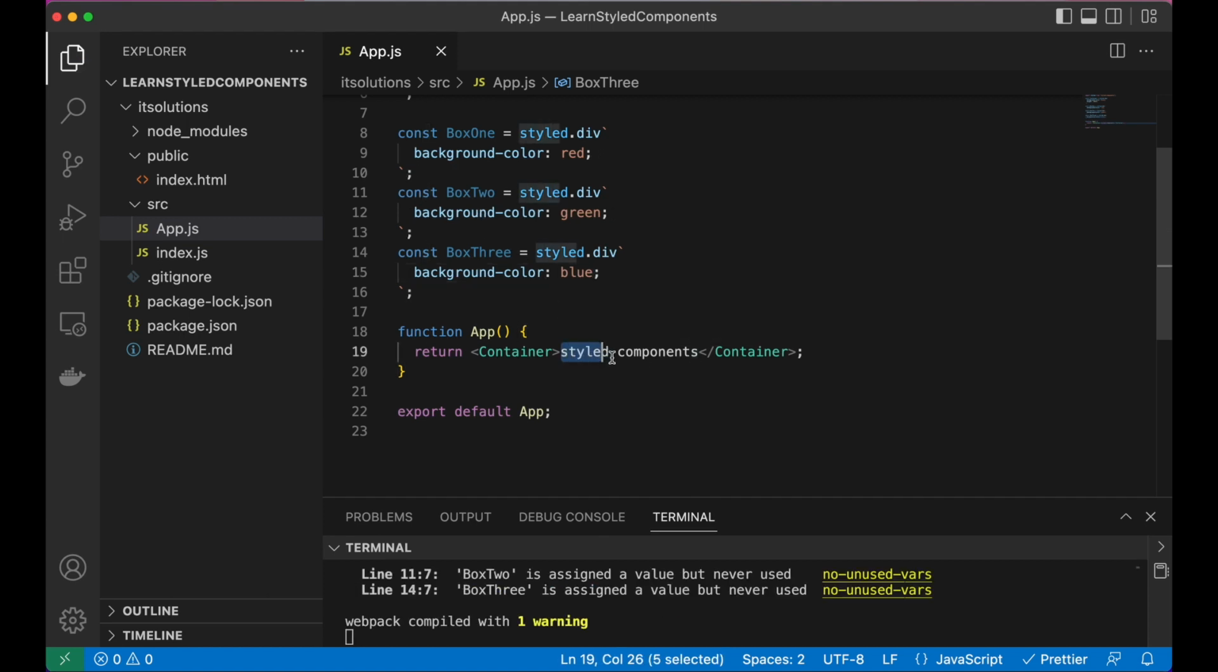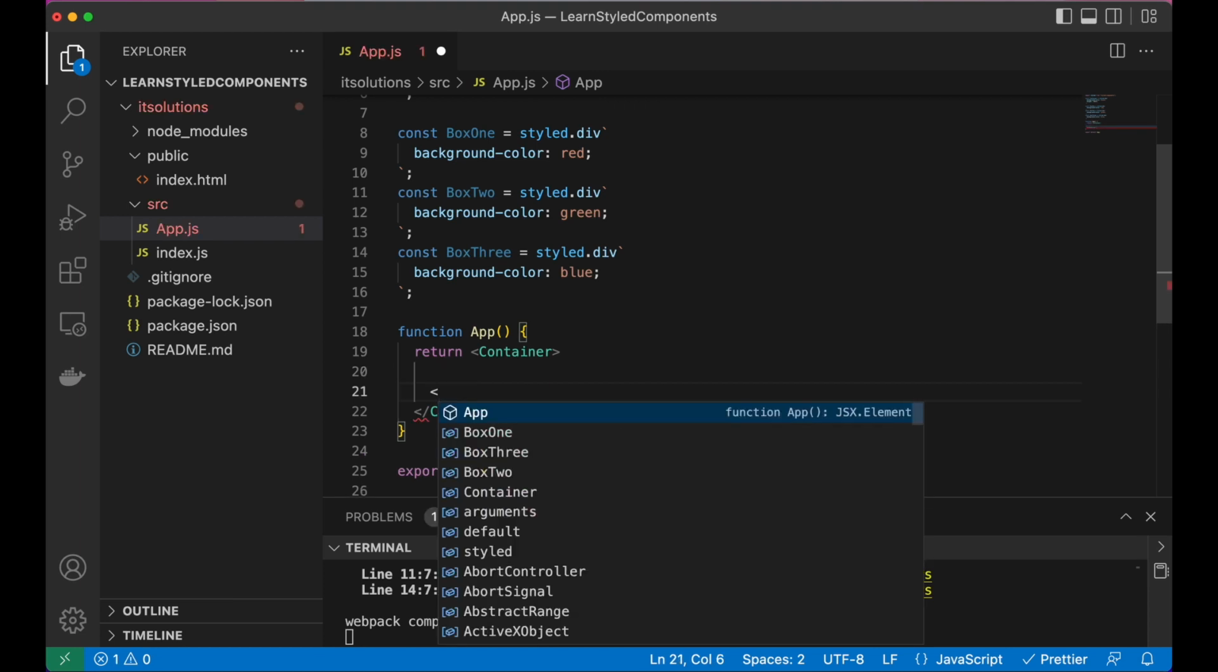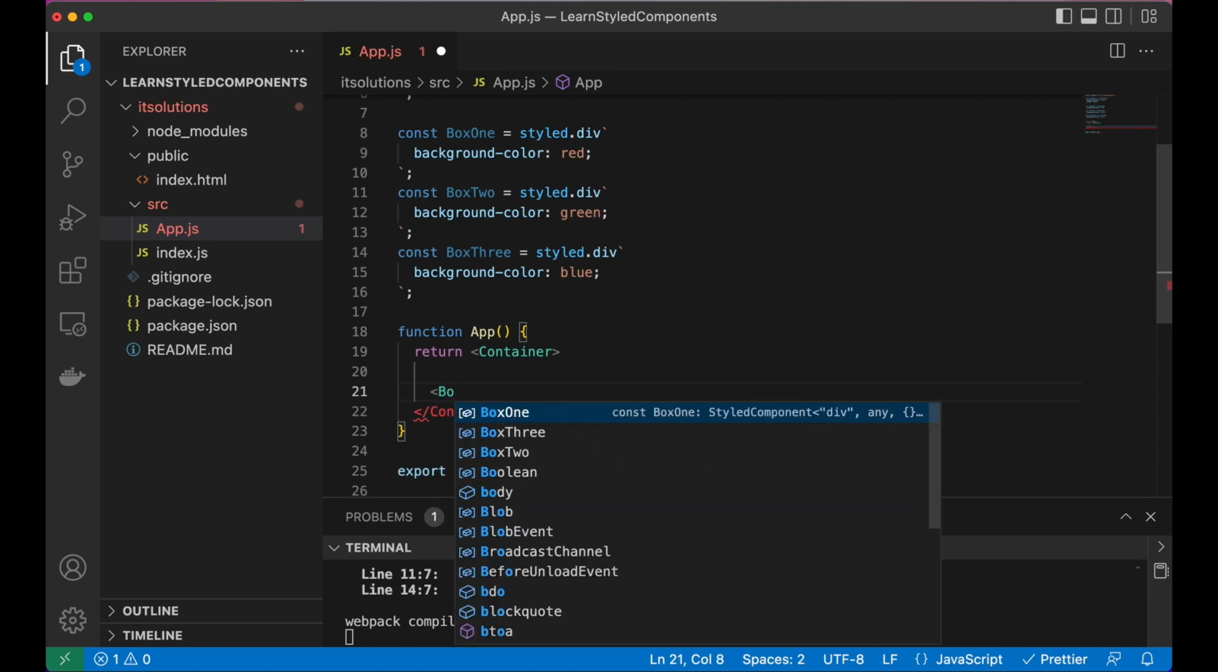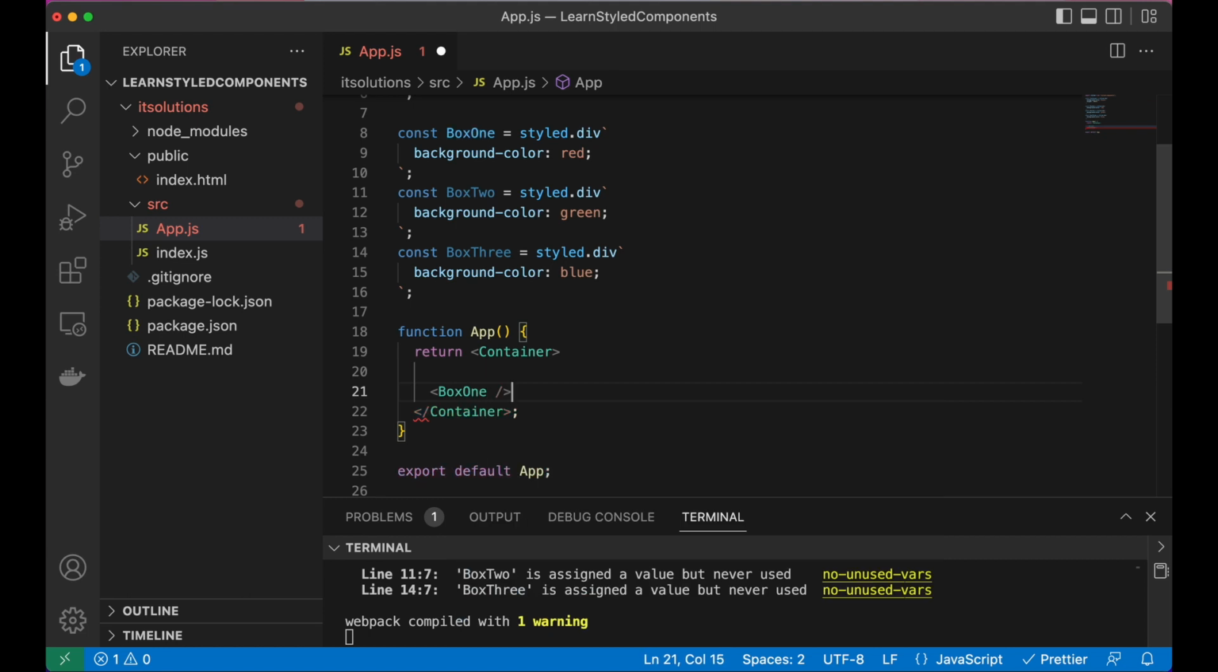Now instead of this styled components here, we'll be using the other components also. So I'll be using the box 1 here. So box 1, and I'll close it just like that. So now let me copy this one for box 2 and 3 also. So here it will be box 2, and then it will be box 3 here, box 3, and then inside